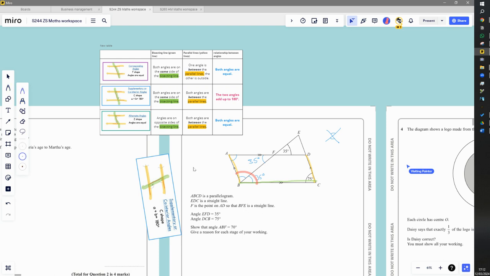And because that angle, the one that I've highlighted in red, is this angle plus this angle, then I could say, let's call that one x, which is what we're trying